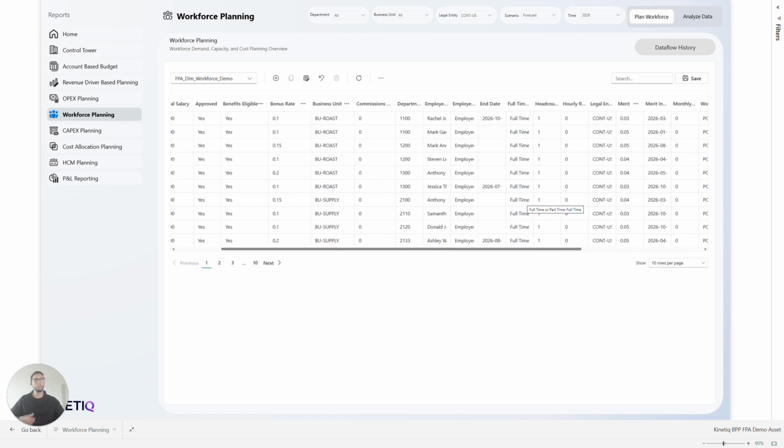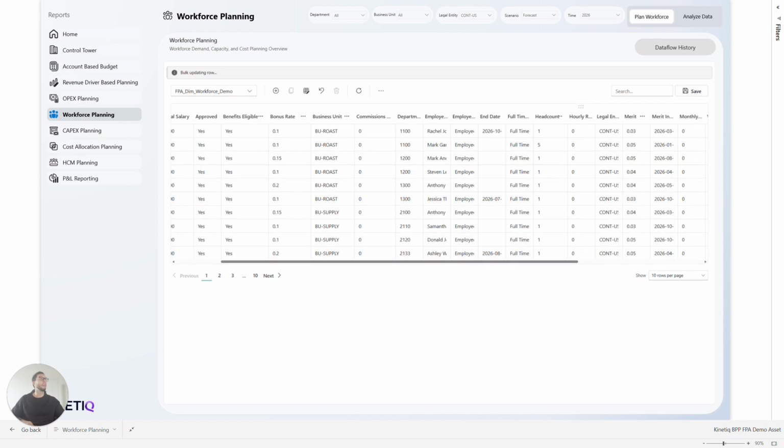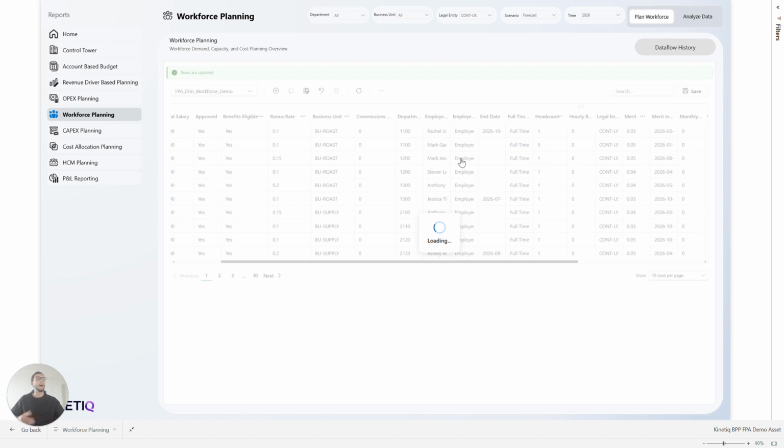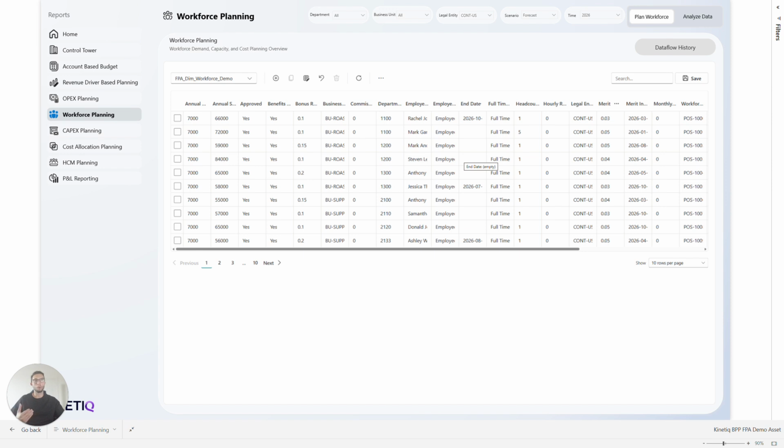What this essentially means is you have full control over how many positions you can plan along with workflows and approvals. I'll give you an example of how easy this is to use right here. We can come in here and make an adjustment for our headcount for this particular line. So say, for example, I want to plan 5 positions for this particular position right here. I can immediately do so, and what this is going to do is commit this value. We can run it through workflows and approvals,